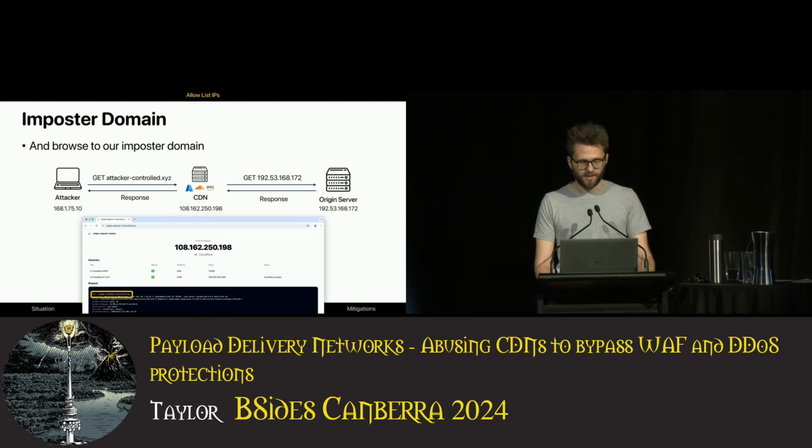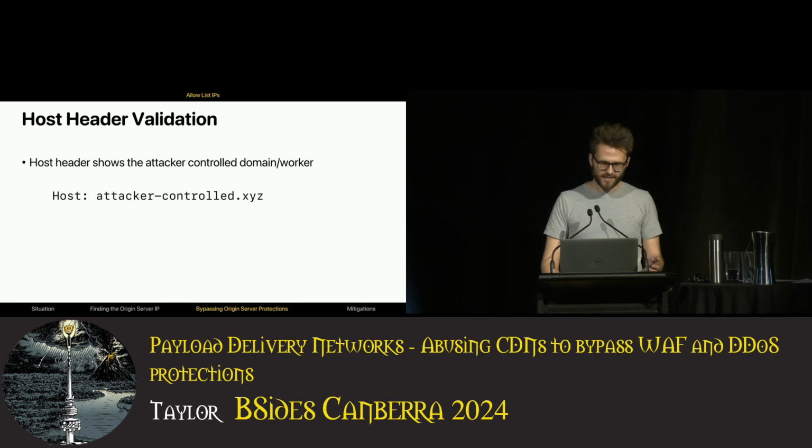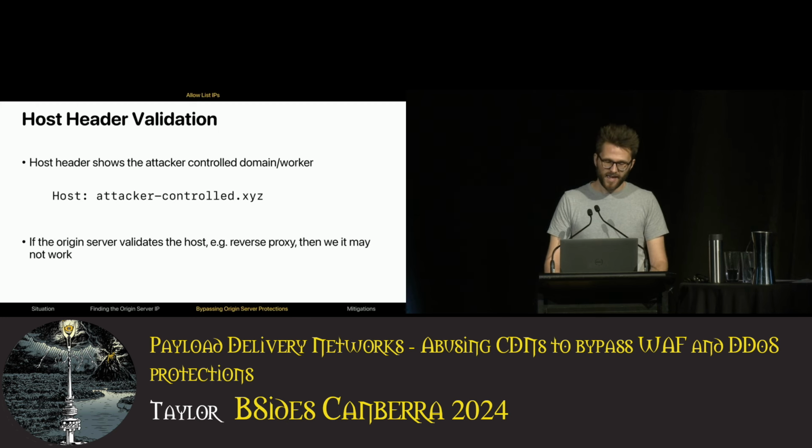Thing to note, as we briefly mentioned before, the host header is going to be attacker-controlled .xyz here, right? Or the worker. In that example, it's the nip.io host header, so we do that. But is that really an issue? It is if the origin server validates the host. So if they've got a reverse proxy or something like this and it's actually looking at the host header, it